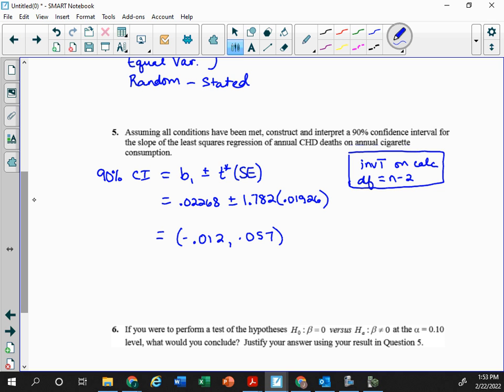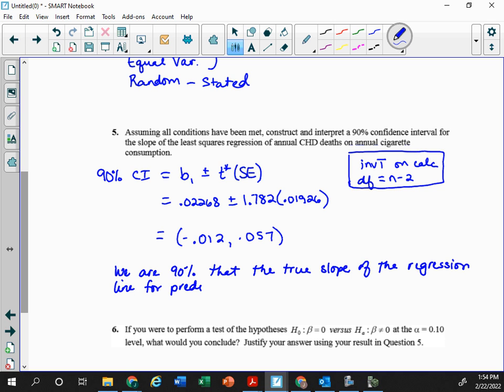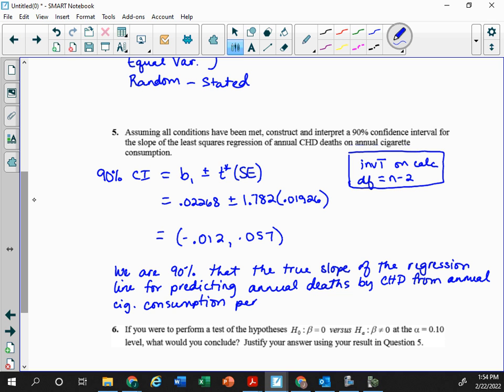Just like we did before, you have to write your conclusion. So we are 90% confident that the true slope of the regression line for predicting annual deaths, and you can say by CHD if you want, from annual cigarette consumption per person